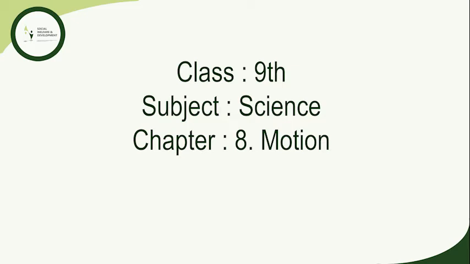Now the next topic is measuring the rate of motion. Different objects may take different amounts of time to cover a given distance. Some of them may move fast and some slowly. The rate at which objects move can be different. Also, different objects can move at the same rate. So one of the ways is measuring distance traveled per unit time. It is also known as speed. SI unit of speed is meter per second.